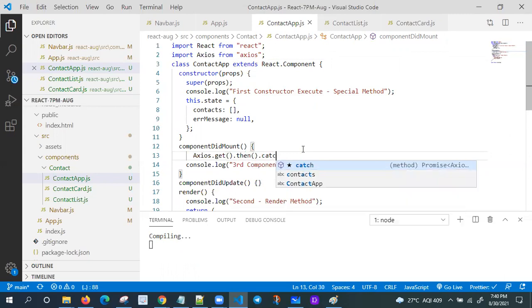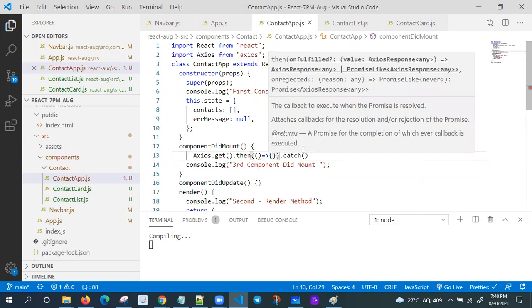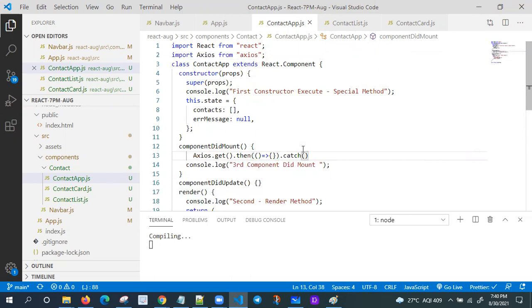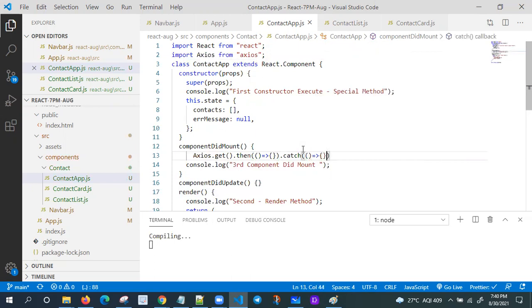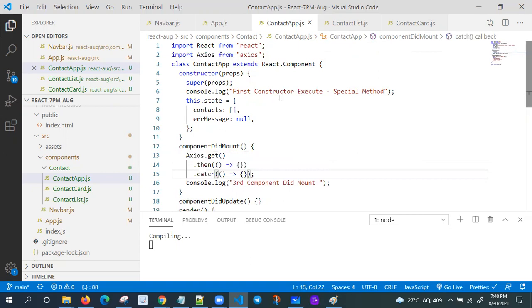I'm passing a fat arrow function as an argument. Why a fat arrow function? To update your component state.